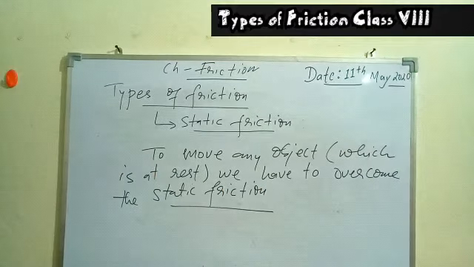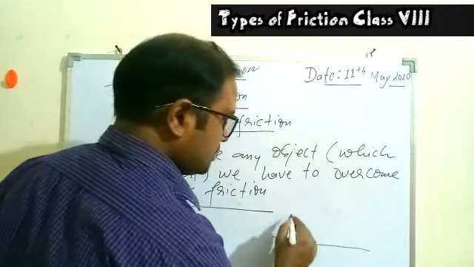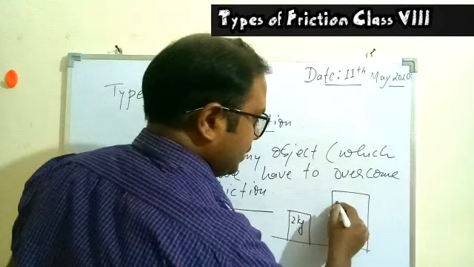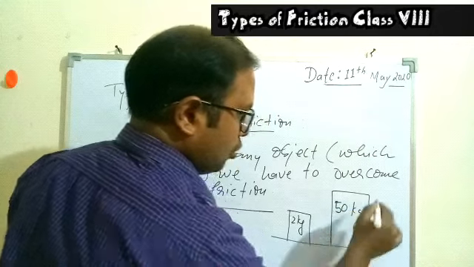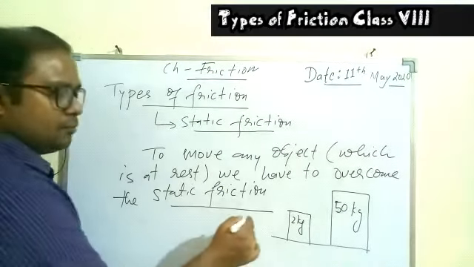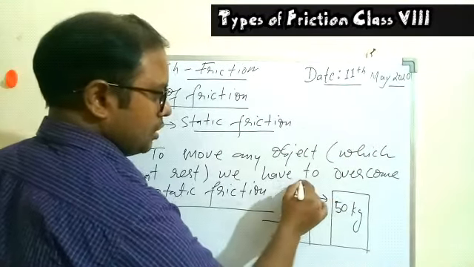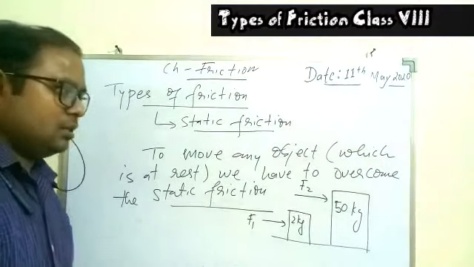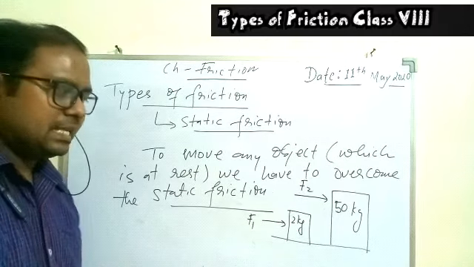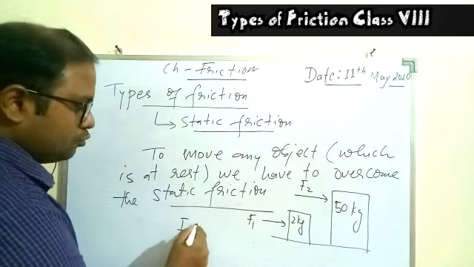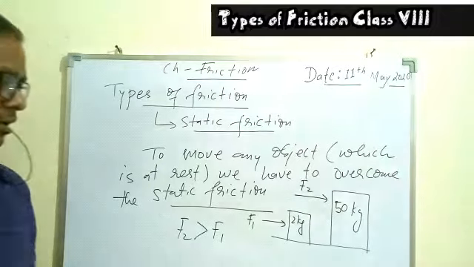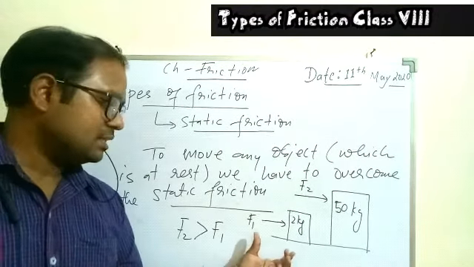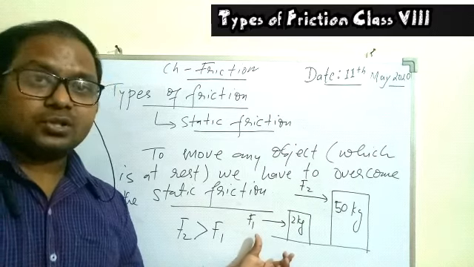Okay, so it is understood if we have two objects, one of 2 kg and another of 50 kg, on the same surface, and you have to move both objects one by one. You are applying the force F2, you are applying the force F1. In both cases, the applied force will not be the same. So it is understood the F2 will be greater than F1, because if the mass is less, friction will be less. So we can say static friction will be less in this case because the mass is less, and that we understood in the previous class.